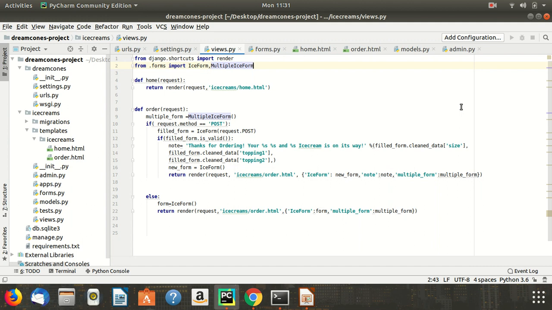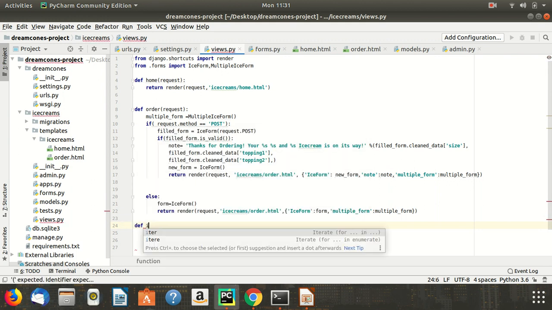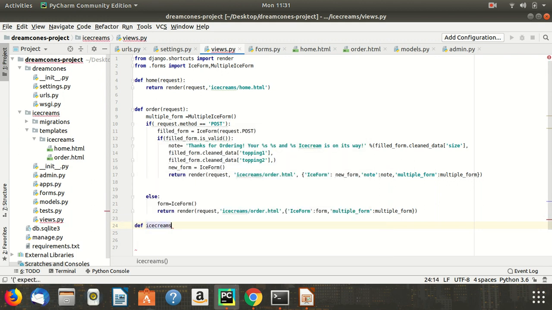It's time to create a function for ice cream view. So let's get started and make the function now. So we will go here with def. I'll be creating ice creams, and here we'll be passing the request, with this giving a colon,